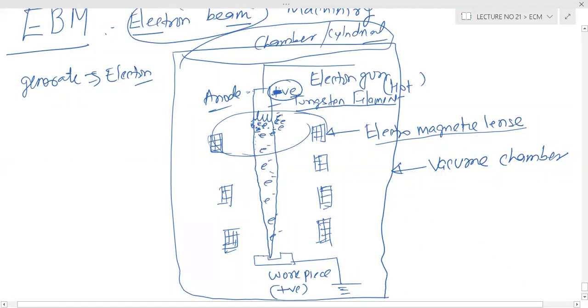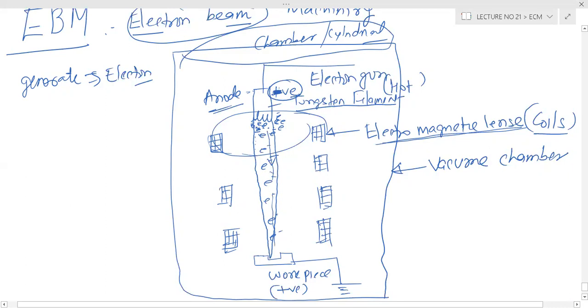The electron is generated here, but it is free, it is not moving. So this electromagnetic lens is basically coils that generate a magnetic field, and the electrons are accelerated